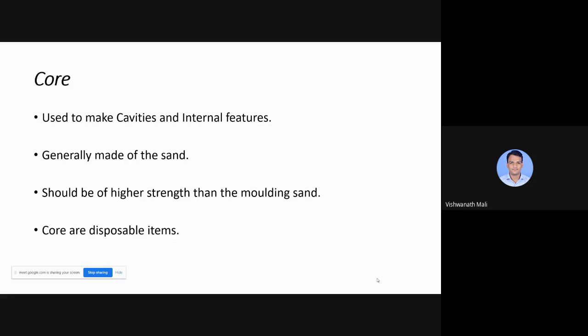When we want to produce any hollowness in our part, or cavities and internal parts, then we go for using the cores. Every time we don't use the core. When there is a hole or internal features which